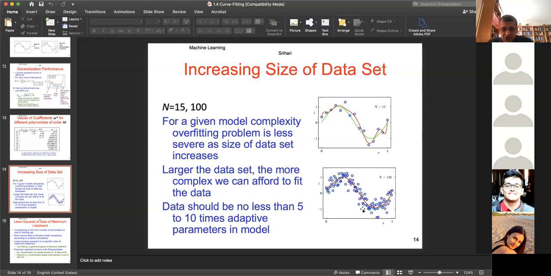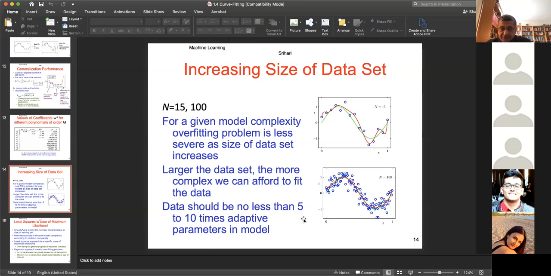So what is a rule of thumb? Data should be no less than 5 to 10 times the adaptive parameters in the model. We refer to those w0, w1, and so on as adaptive parameters. Some rule of thumb is being said here that you should have 5 to 10 times,